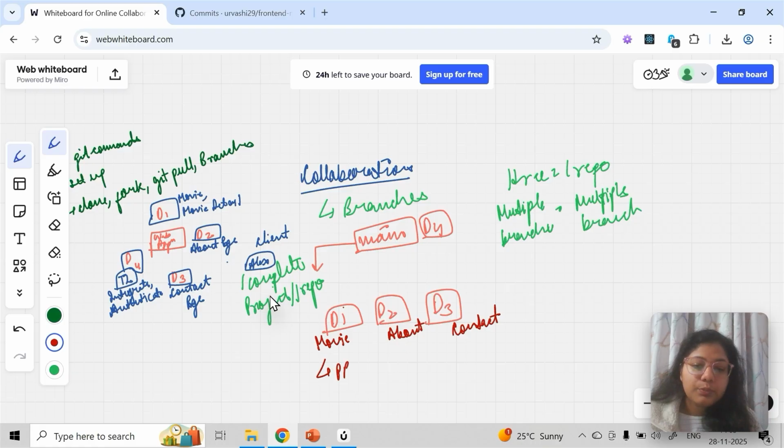I will demonstrate that. Then a notification goes to the mail ID of the person having access to the main branch. This person will merge whatever developer one has done in the movie branch into main. Then the same for developer 2 working on the about page, merged with main. And then the contact page developer's work will be merged into main.